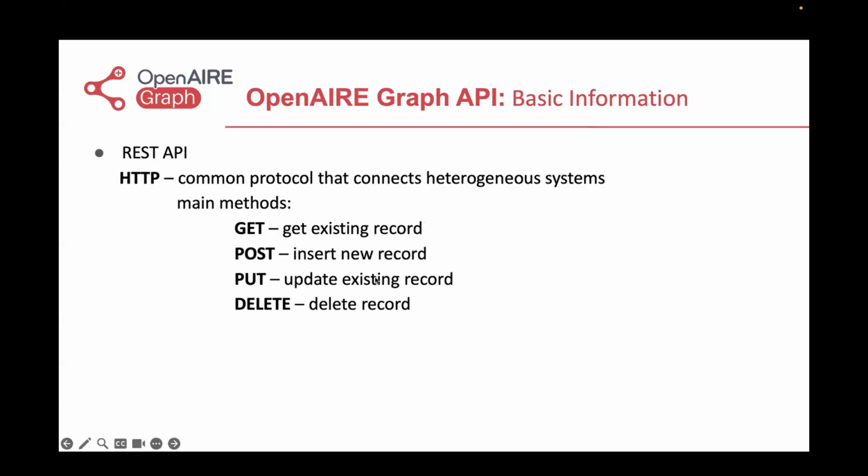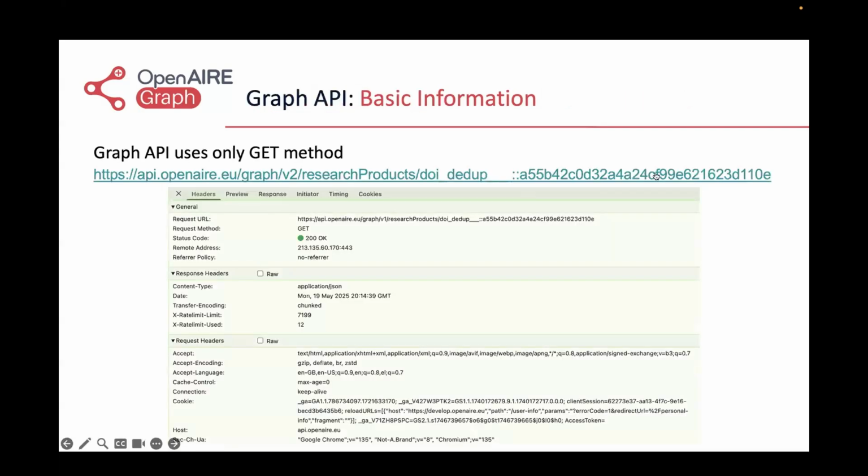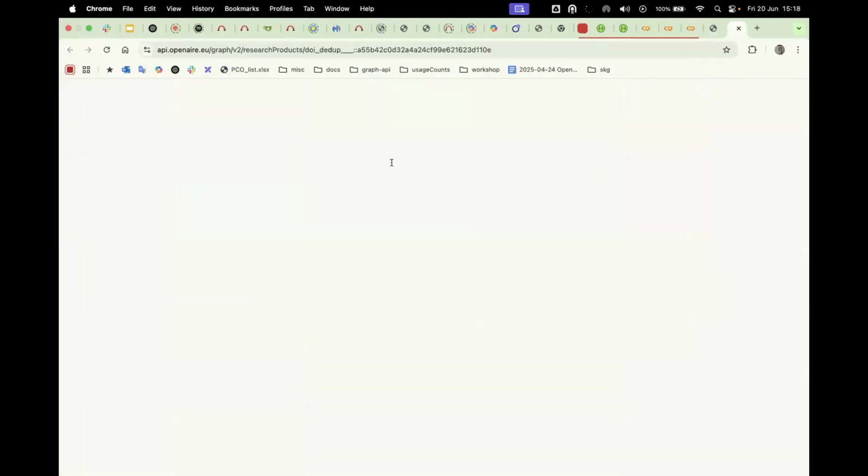Yeah, we use the HTTP protocol, and the HTTP protocol has several methods. The most common ones are get, to get the existing data; post, to insert a new record; put, to update; and delete, to delete data from your database. So yeah, I can show you an example of a get method. So if I click on this request,